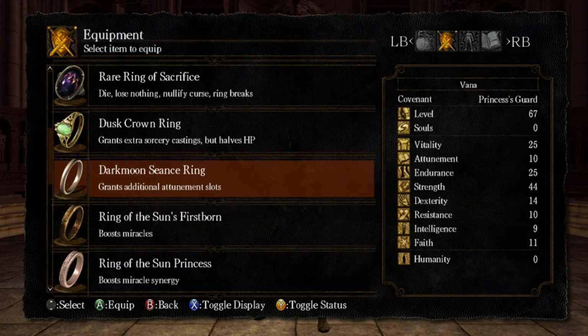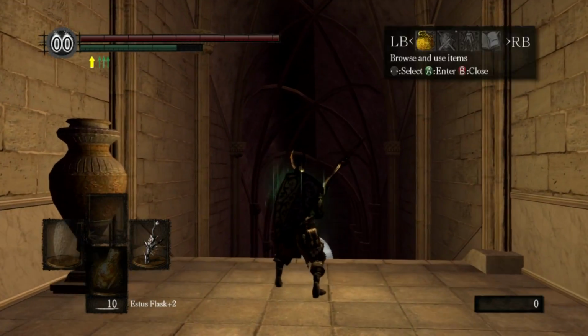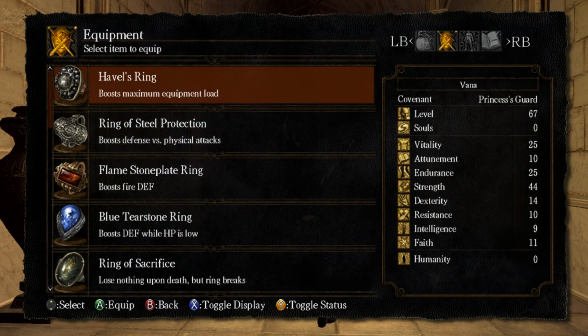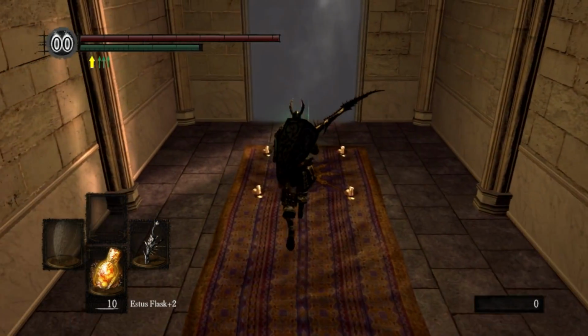The Dark Moon Seance Ring grants additional attunement slots. So now that we have this ring, okay, it does work. Awesome. Alright, so I don't think we need to have this on now, and we definitely don't want to have it on now, because we need to be able to do a fast roll. So let's equip Havel's ring again. There we go, so nice. And if we come down here...